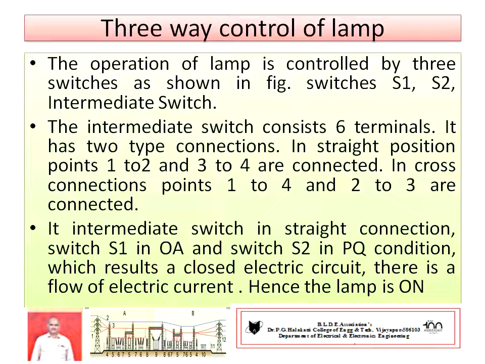Hence, there are 8 possibilities. 4 possibilities are in straight connection, 4 possibilities are in cross connection. In cross connection, it is the complementary result of straight. That means where the lamp remains on in straight condition, the same result in complementary is the opposite.